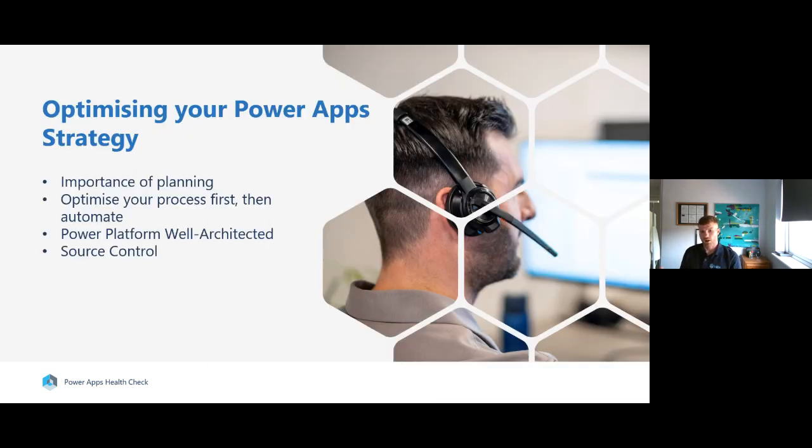So now we're going to get on to optimizing your Power Apps or your Power Platform strategy. So you can see down there, I'm sort of touching on the Power Platform Well Architected section as well. So importance of planning. In one of the very first slides, I mentioned how it's easy to get going and hard to get right. Now, there's a real tendency to just kind of dive straight into the code, especially with low code, because it's so easy to get started and make real headway in just like a couple of days. But